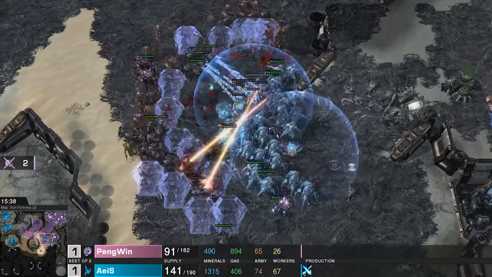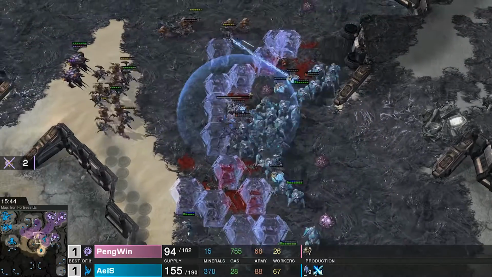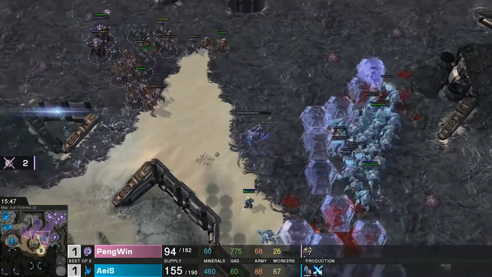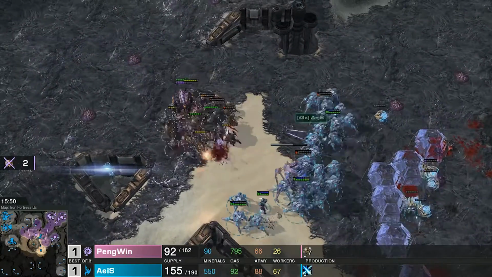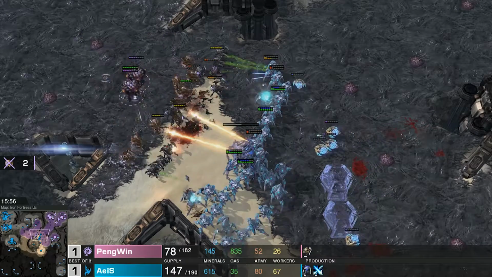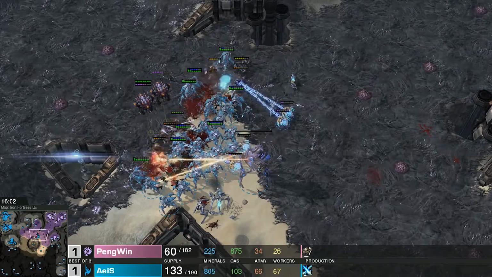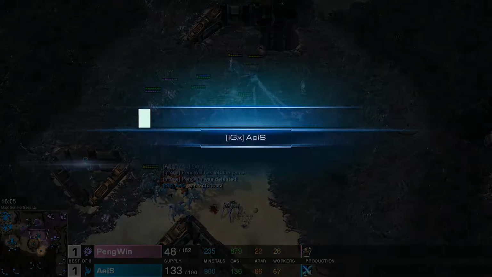Colossus King, but it doesn't really matter. AeiS is just kind of slaughtering what PengWin has here. A big 9-stalker warp-in comes in as well. PengWin's trying to remax, but there's been so much damage done to his economy that he just doesn't really have enough to hold this off. And AeiS is pushing forward. The Hydras are pushing out as much as they can, but a blink forward from AeiS is going to clean up the last members of PengWin's army, and